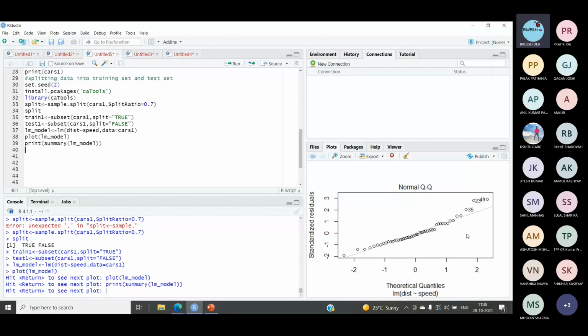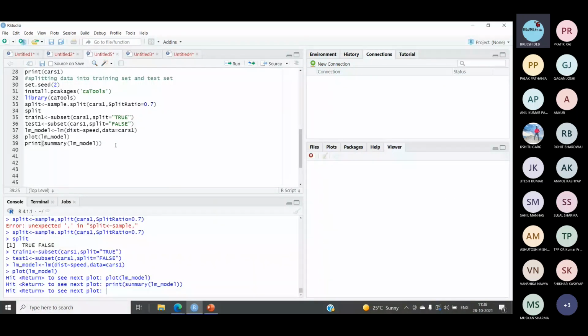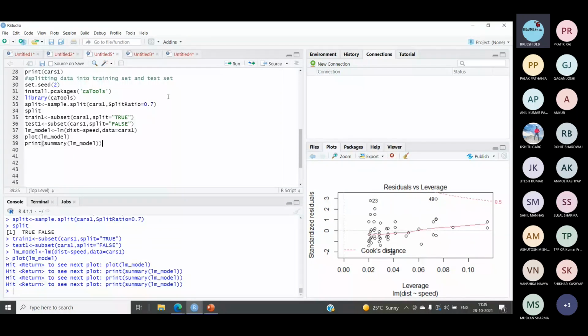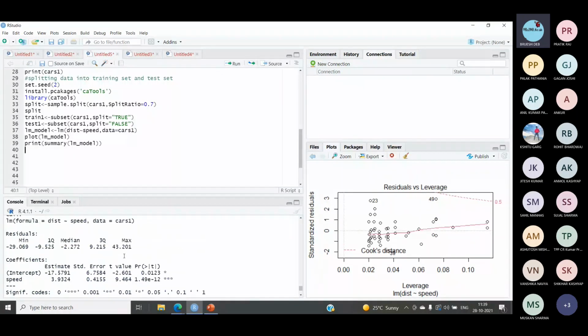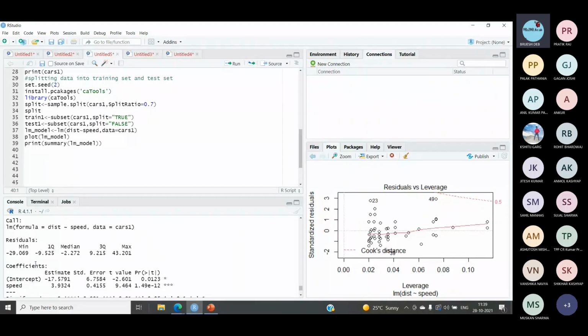Here you can see the summary. It is showing that this function has been used, and the residual errors, which in this case, when we are talking about the minimum value, it will be minus 29.069.